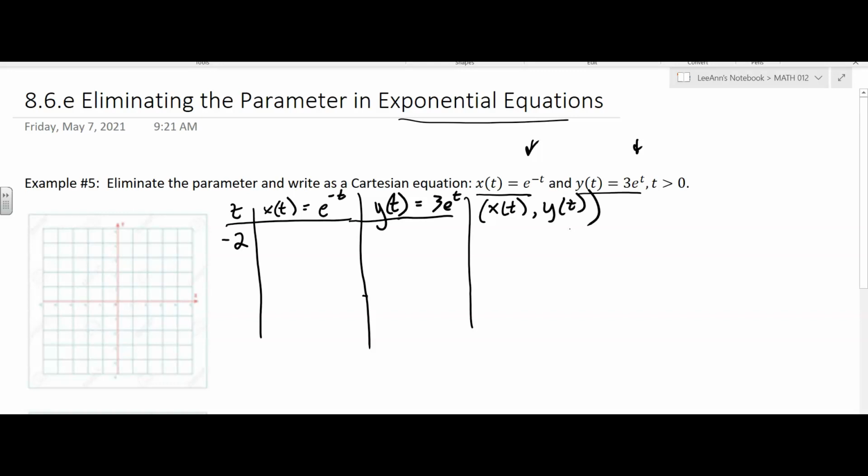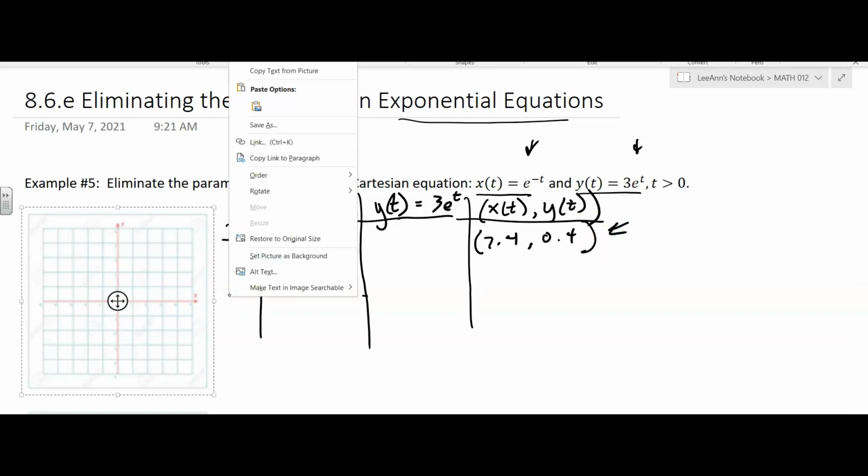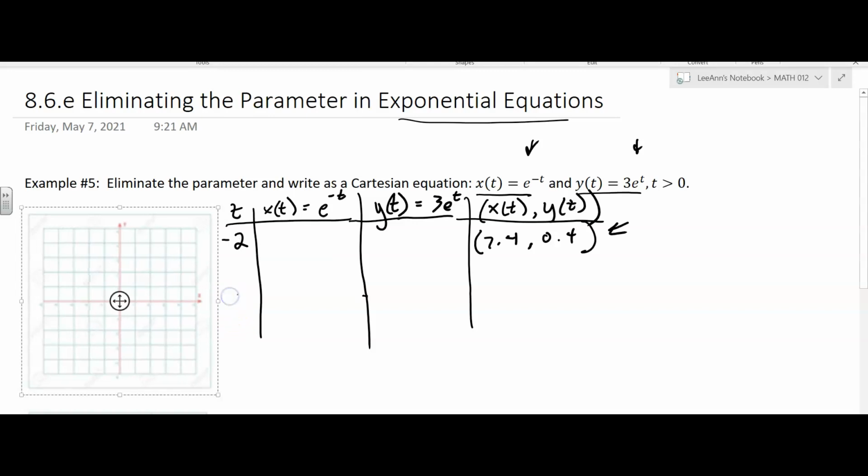But if you put in -2 for t, you get about 7.4, 0.4. So this is the ordered pair, right? So it's way out here at 7.4 and up a little bit. Something like that. Okay. And then if you put in -1 for t, you get 2.7,